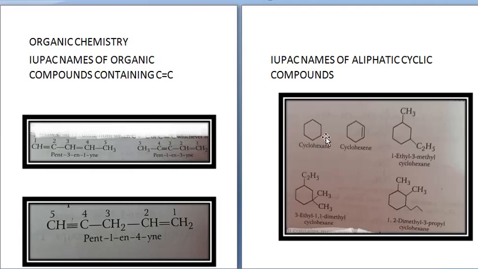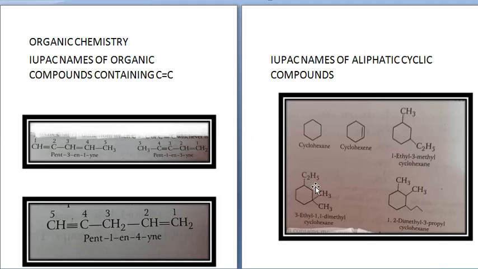Okay. Now next is IUPAC names of aliphatic cyclic compounds. They are also called alicyclic compounds. So in these compounds, the prefix is cyclo, and the rules are similar to those of alkanes, alkenes or alkynes. In case there are 2 or more side chains, the more branched carbon gets the lower number. Like see over here, this is a hexagon, that means there are 6 carbons, so it is called cyclohexane. There is a double bond over here, so it will become cyclohexene. Okay, double bond means ene, so cyclohexene.